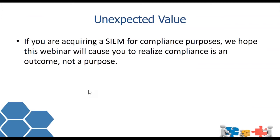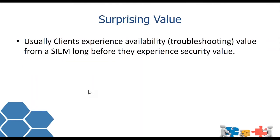Most of us are probably right now dusting off and getting out our IT strategy and saying we need to incorporate a SIEM more because of compliance reasons than because of security reasons. The cybersecurity assessment tool has been a very good sales tool for Infotex and every other managed security service provider out there, because now everybody is being required, or at least having to explain why they don't have a SIEM, or at least a plan to implement a SIEM, because it's really going to help you comply with that cybersecurity